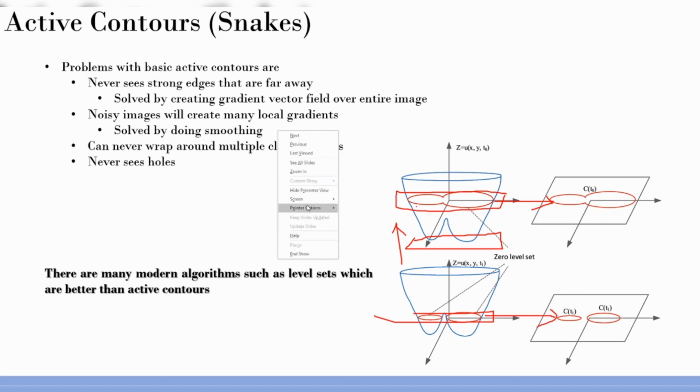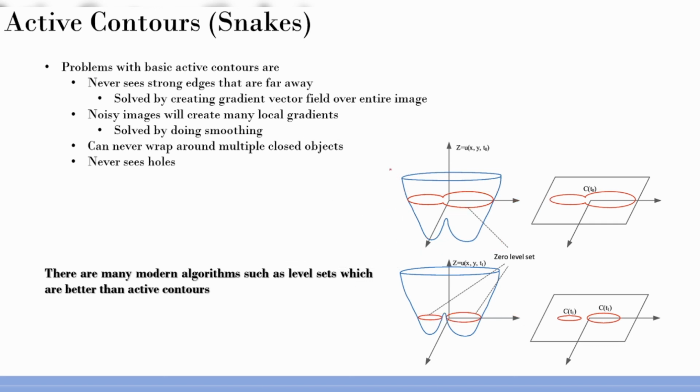Oh, by the way, I didn't explain it properly. Sorry, it's my problem. This is basically a surf plot. What I'm showing you is a surf plot of the image. So it has two dips here. If I see it plane by plane, moving a plane from bottom to top, I will see different projections, as you can see over here. And then here you can see these things are segmented out. Here you can see they are overlapping. So maybe you define a level where these two things are separated out. This guy and this guy are two separate regions. I can separate it out, and that is what we can achieve using a technique known as level set.